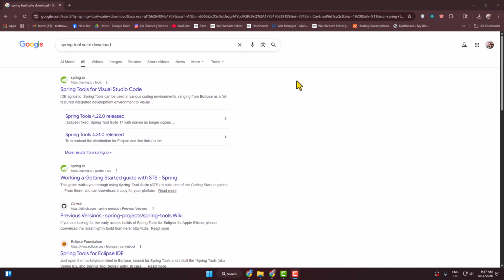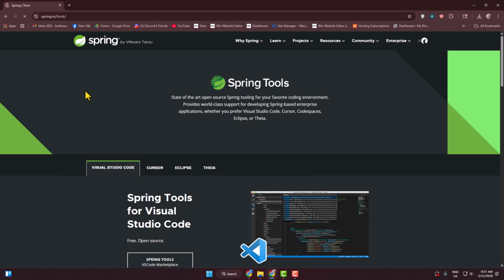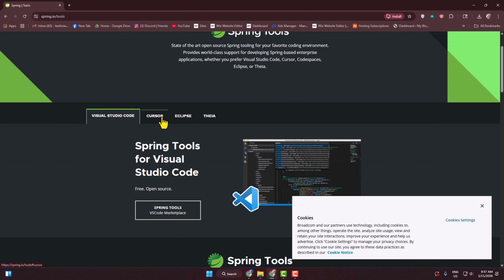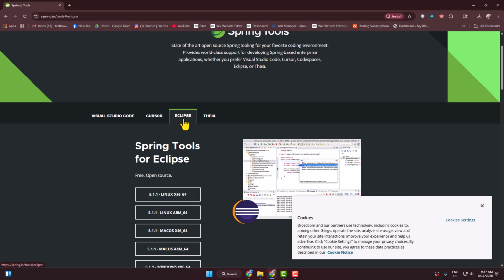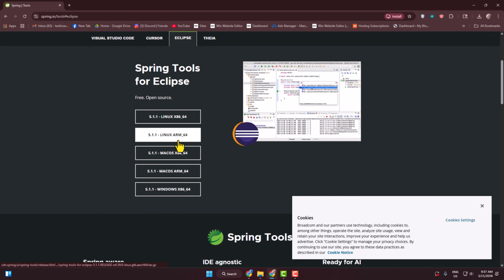Go to your favorite browser and search for Spring Tool Suite download. Now open the first link, and here you have to select Eclipse, and now select your operating system to get the Spring Tool Suite installer. So I'm using a Windows PC, so I'm downloading the installer by clicking on Windows, and here we